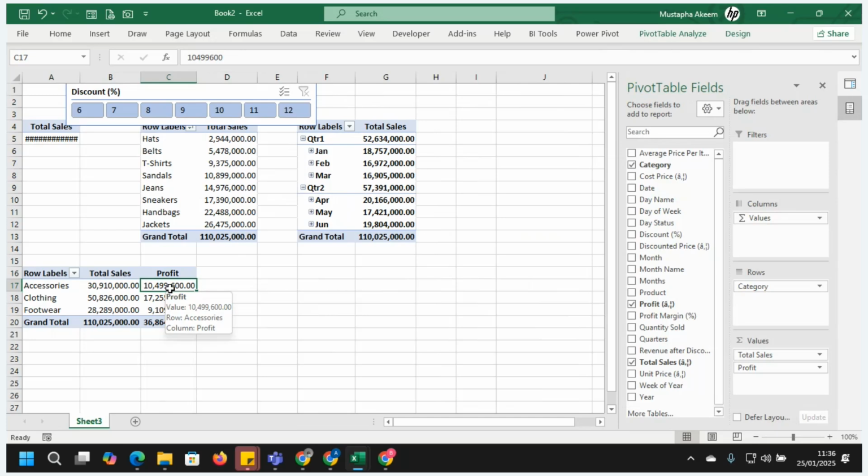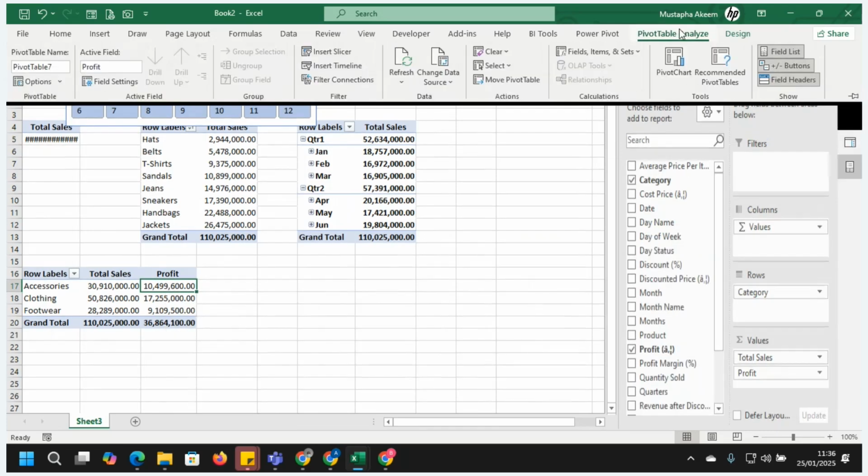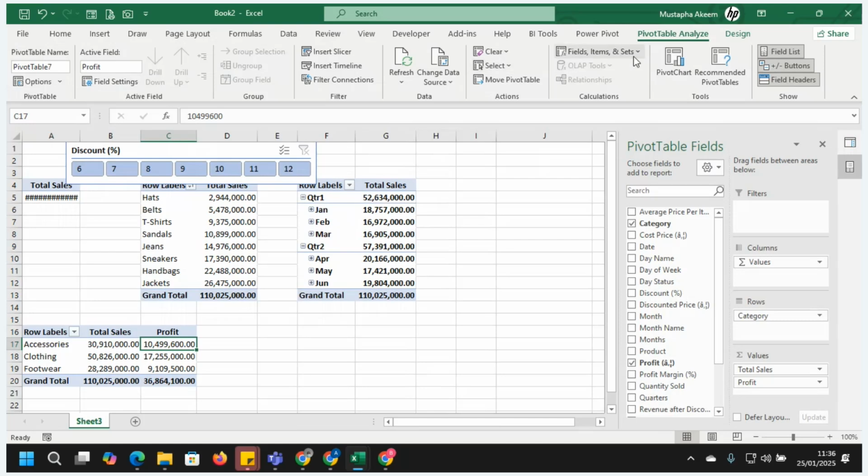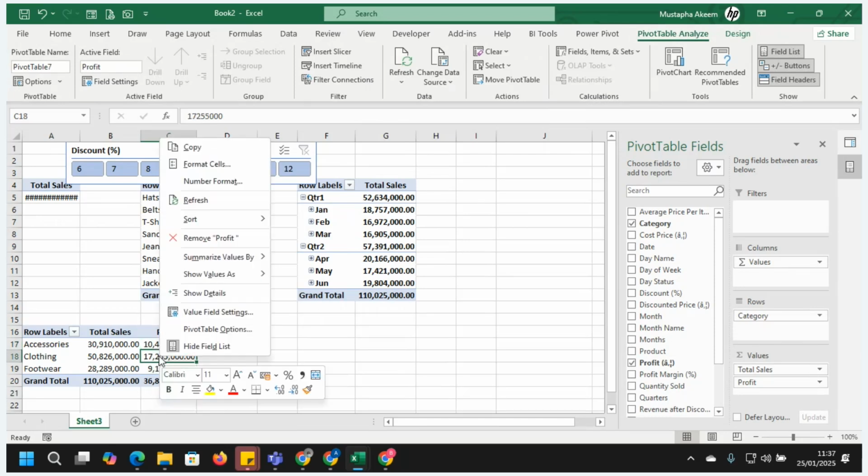Let's quickly dive deeper into the pivot table again. I will right click here, or you can come to pivot table analyzer. Where is that? There. Okay, let me right click here. Right click and see. I want the pivot table option.